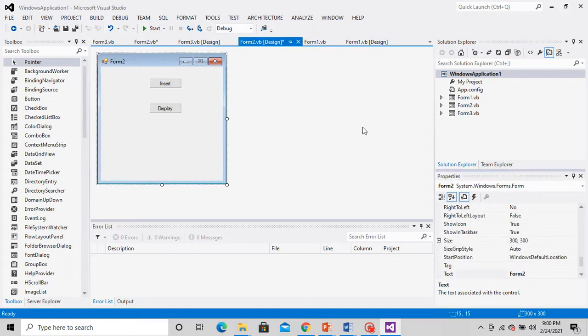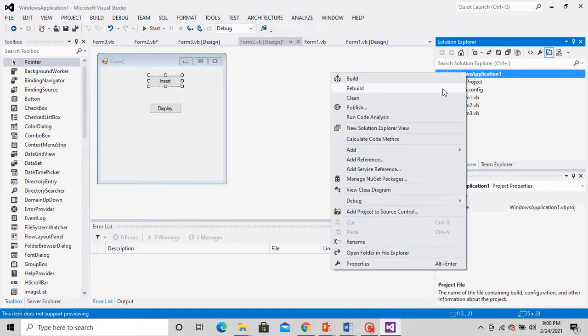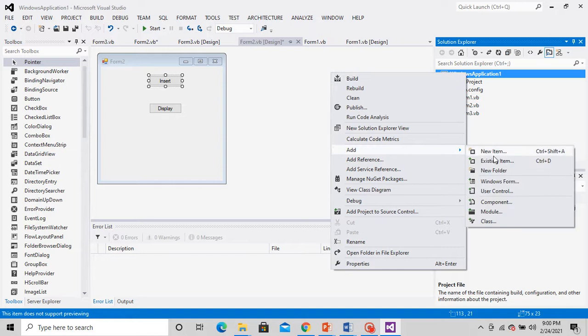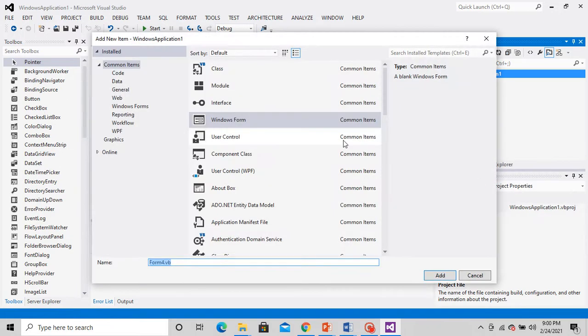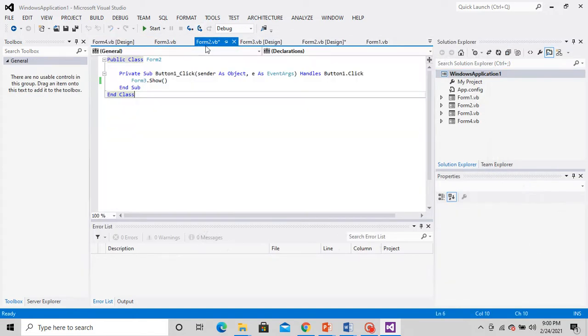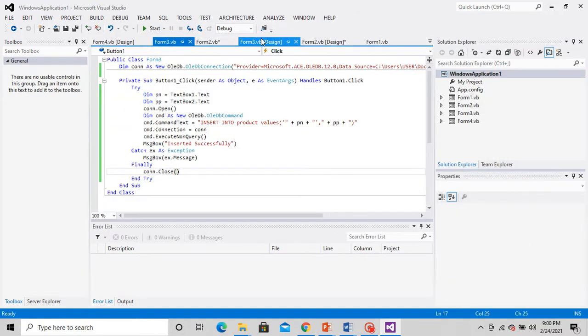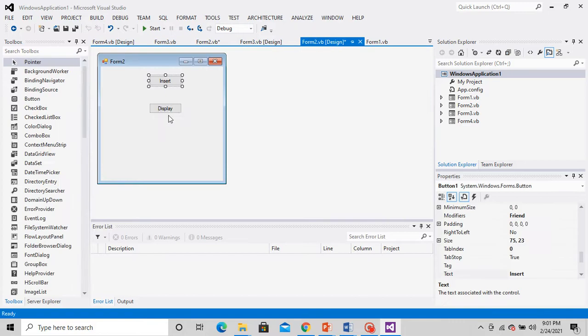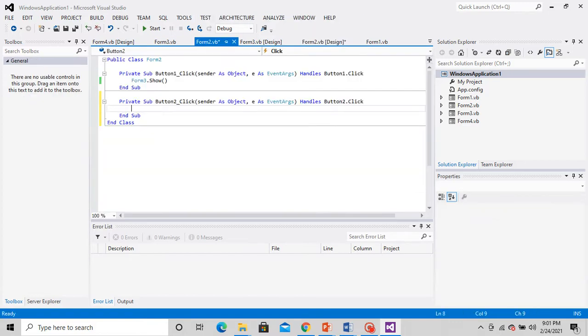So if you double click on the display, your data should get displayed. Now, let me redirect this to one more form, called form 4. So under display, I'm just copying from here.